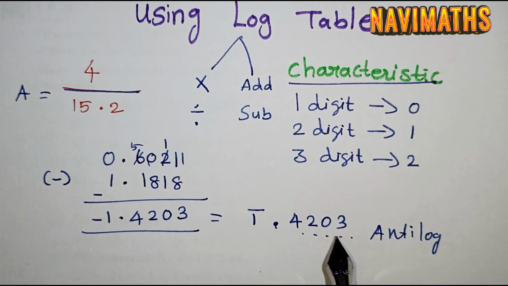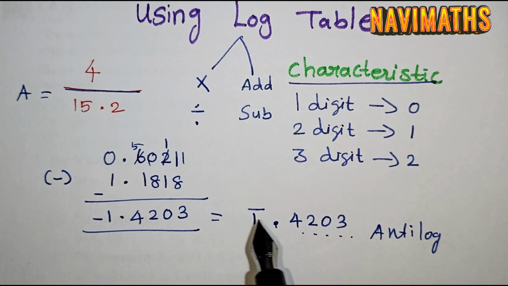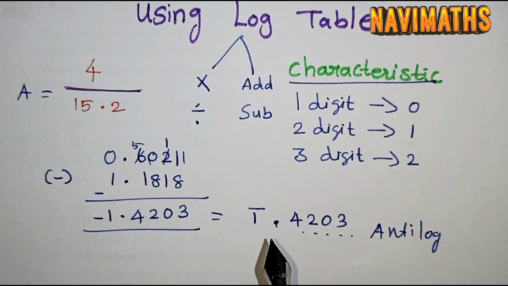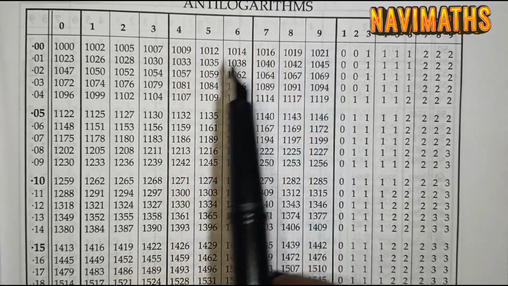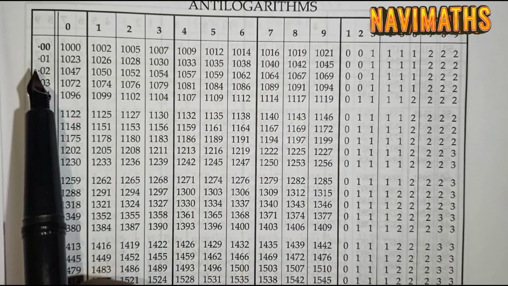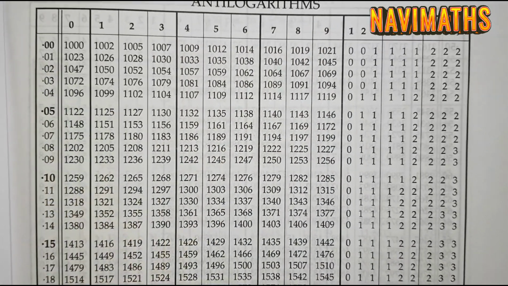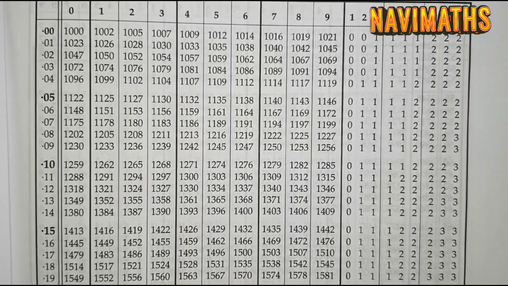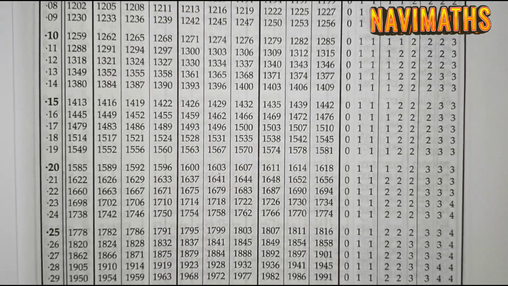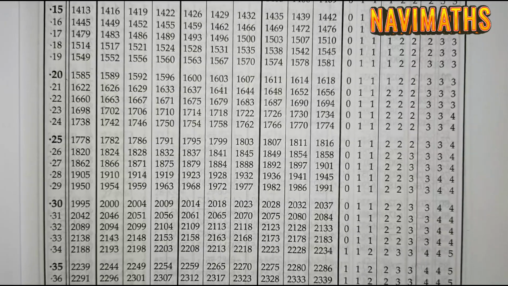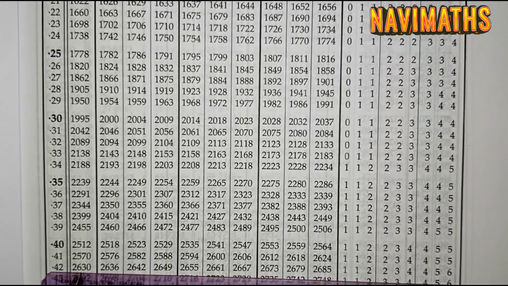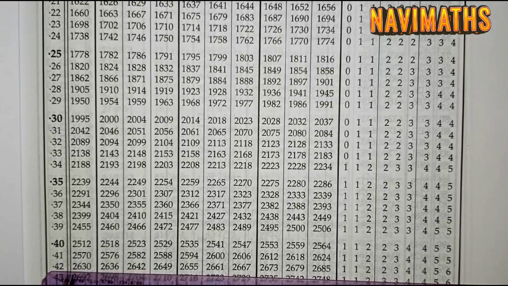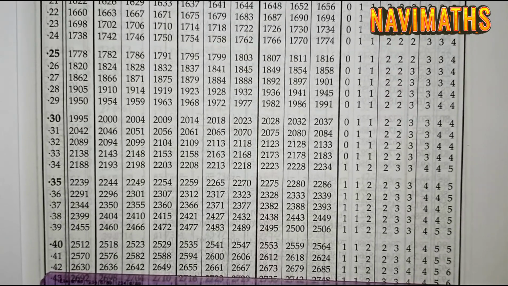So after the point value we can see the anti-log. The characteristic value will decide where we should keep the decimal. Anti-log value will be given only for decimal values. After the decimal only we can see. So our question 0.4203. Now you come to 0.42. So this is 0.4203. We have to see that. So in 0.420 we have to check in this table, and for 3 we have to go to the mean difference.